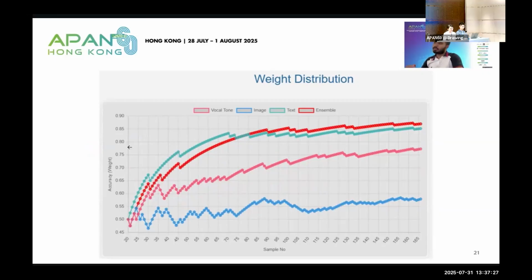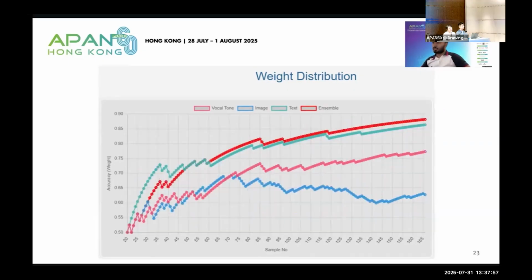So in all these graphs, you can see after a few samples, whatever model has the highest accuracy, the ensemble model has even better accuracy. Let's say in this one, you can see the text model has the highest accuracy. If you use only the text model to predict, you can see at this point the text model is predicting incorrectly, but the other 2 models are predicting correctly. So our ensemble model, even though the best model is predicting incorrectly, knows how to get the best out of the other 2 models as well. So our ensemble model knows how to get the best out of all 3 models and at which point.